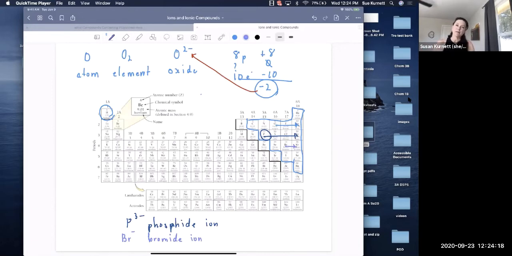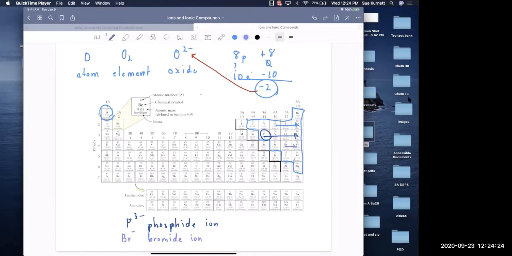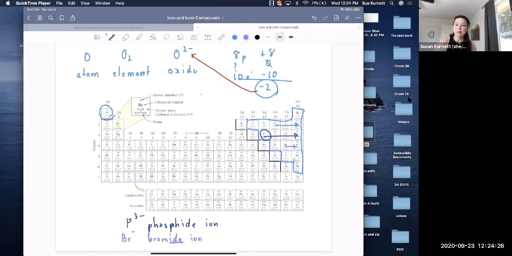For sodium ion, we have to say sodium ion, because if we just say sodium, we're actually talking about something different. Because for anions, the name changes, sometimes we just say bromide. Okay, so it's super important that you understand that. There is a video and there are practice worksheets.